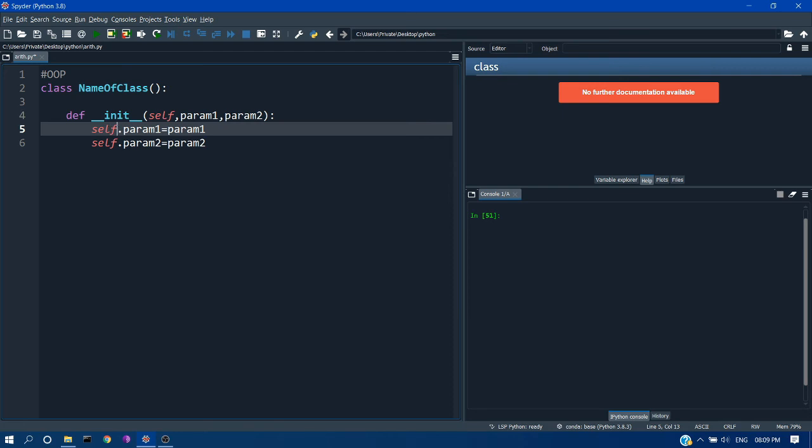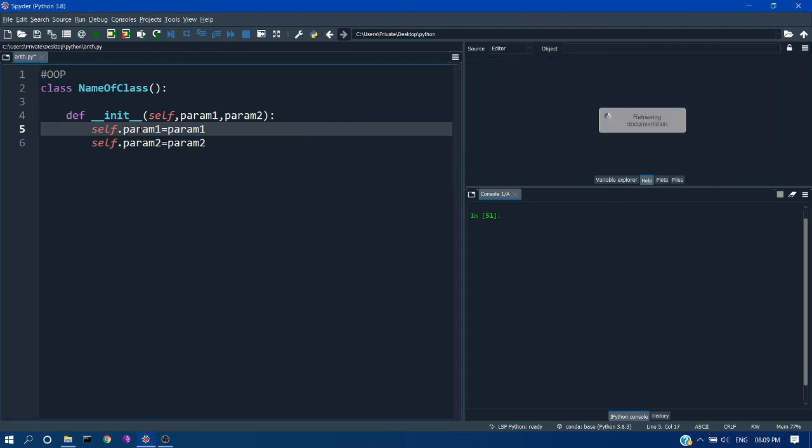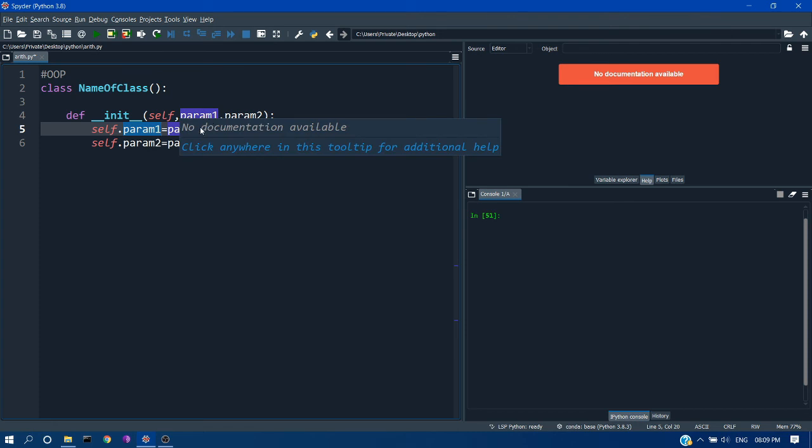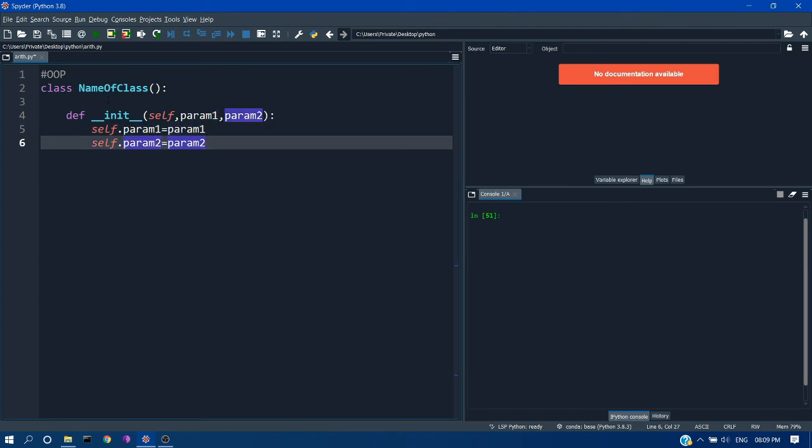So the value passed will be assigned to an attribute of the object. That way, Python knows you are passing the value to self.param1 using parameter one. It assigns directly to self.param1, which is connected to the actual instance of the class, without assigning to a global variable. To make it clear, we are passing the parameter and assigning it using the self.param keyword, connecting it to the instance of the object.